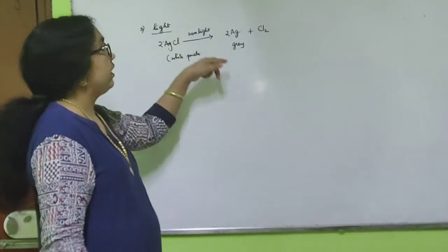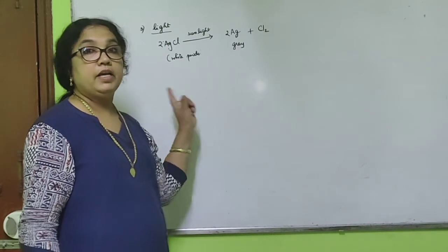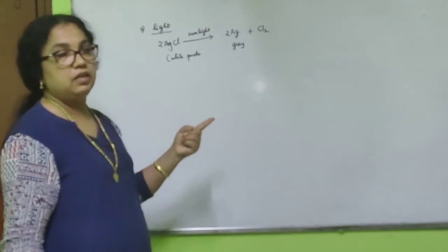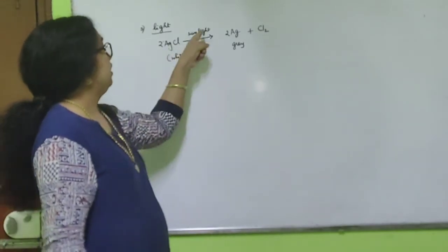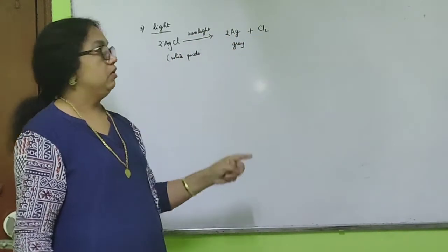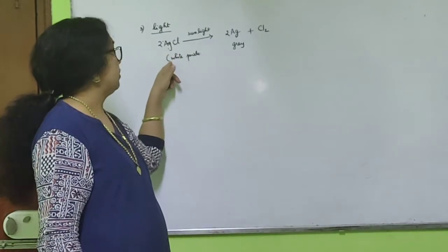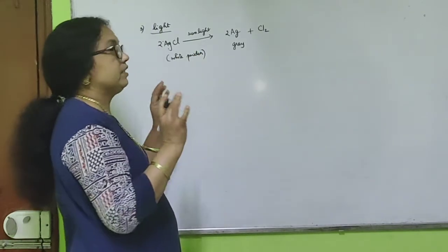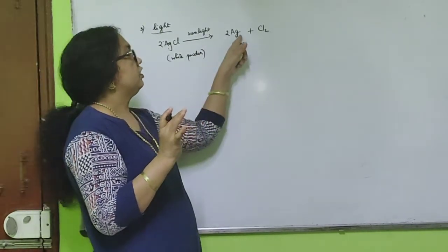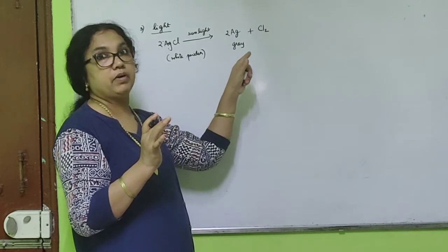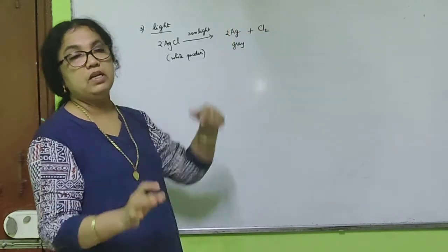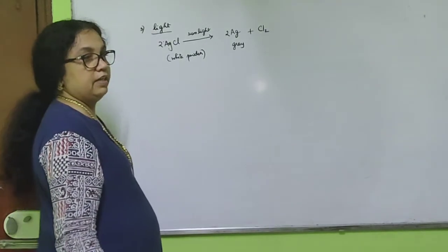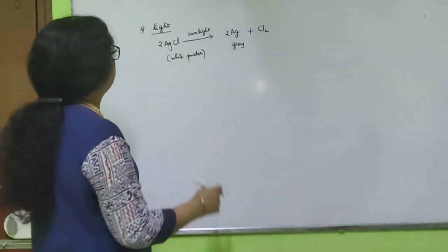This is also a decomposition reaction. Here energy is used in the form of light, sunlight. 2AgCl gives 2Ag plus Cl2. Silver chloride was first a white powder. After some time, if kept open in sunlight, it turns grey. The grey color is silver metal, and chlorine gas is evolved. Another decomposition reaction in light is